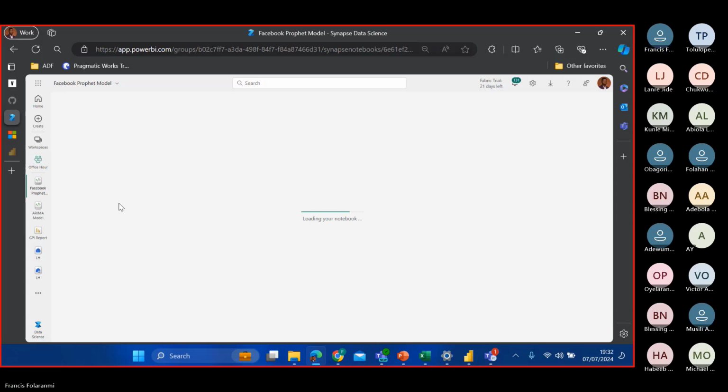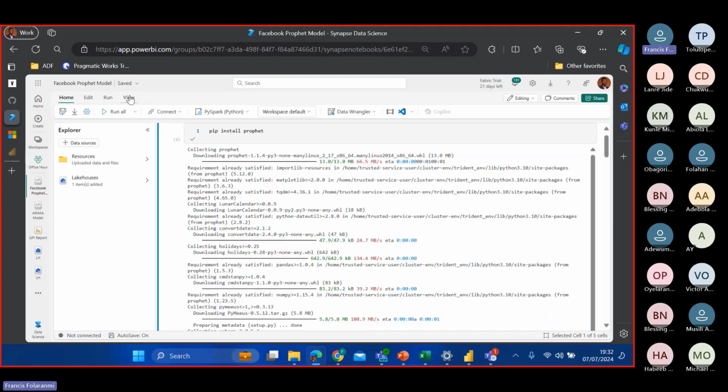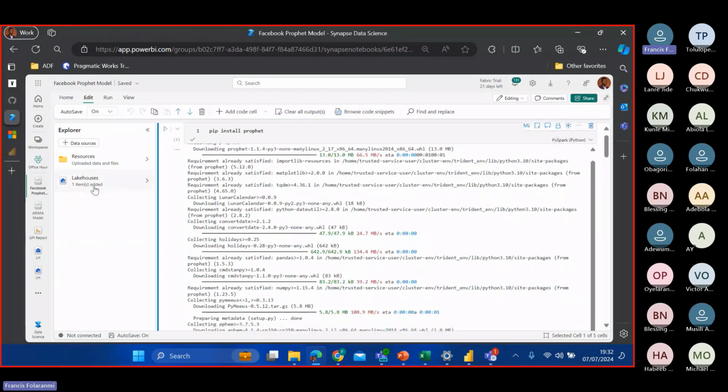So another aspect of Microsoft Fabric that we are yet to explore for today is the data warehouse, which we can always look at later. So I'll come back to my edit tab again, then I clear my output, and then I will run this all over again. So let me just click on this and see it bringing my lakehouse again. This is loading up. So I clear my output cell.